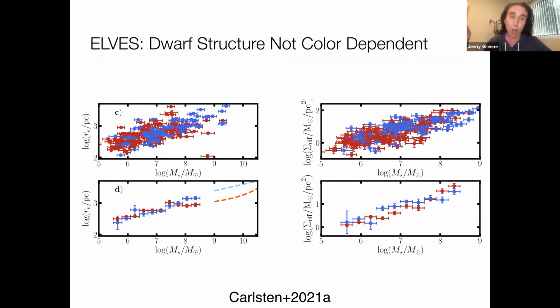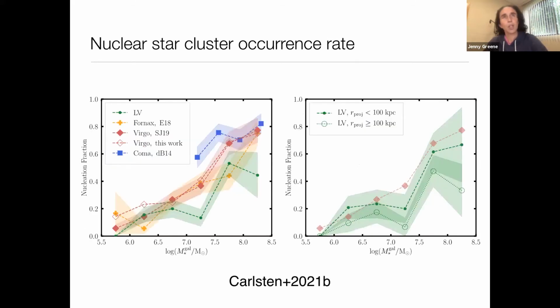He sees a small difference in intrinsic shape in the sense that the red things are rounder than the blue things, but no difference in size. So that's a kind of interesting punchline. I don't think he's the only person to see that, but it is a quite nice complete sample down to 10 to the 5. He also looked at globular clusters and nuclear star clusters being similar in size to globulars,